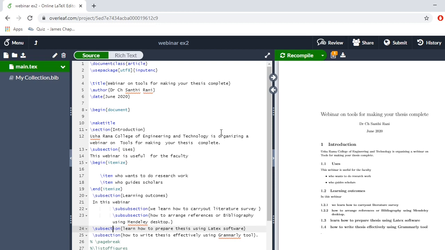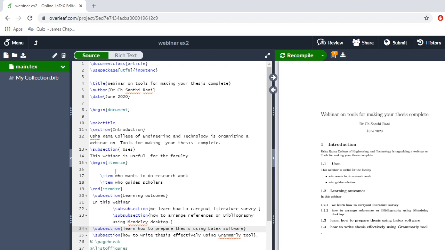So when you write like this, it will give name number 1 and section, and in that I want to write only one sentence. So I have written that one sentence, and after that subsection uses, I want to show these uses as subsection. Therefore 1 is section, subsection uses, and in that uses you want to write 2 items.